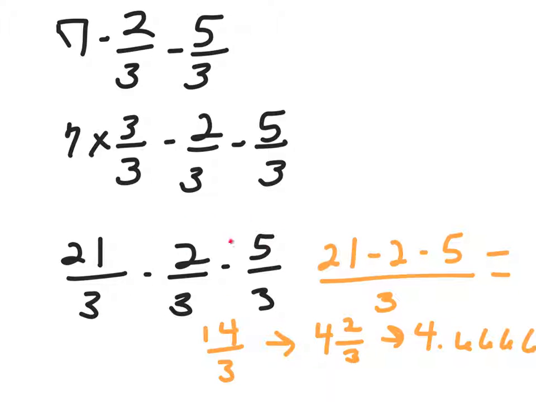My equation still stays the same here, minus 2/3 minus 5/3, and then I join the denominators, so I just end up with 1/3 here. And now I have this part of the equation, 21 minus 2 minus 5, and when I simplify, I have 14 over 3. I convert it to a mixed fraction here, which is 4 and 2/3,